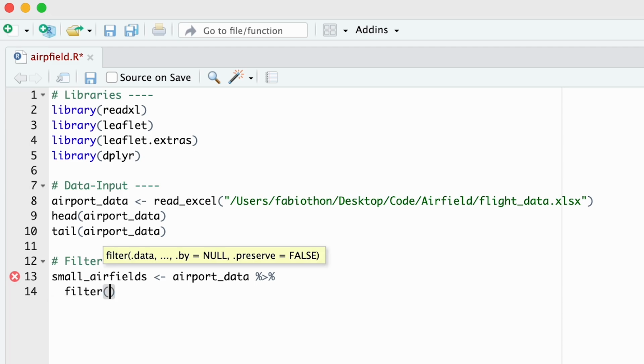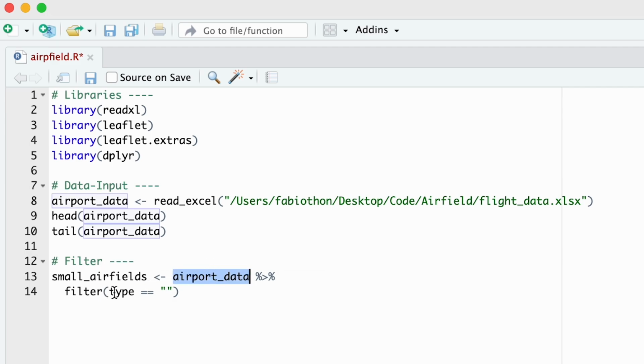Of course, there are a lot of other things you can do while using this sign, but one of them is to filter. So we filter airport data, and we filter the column type